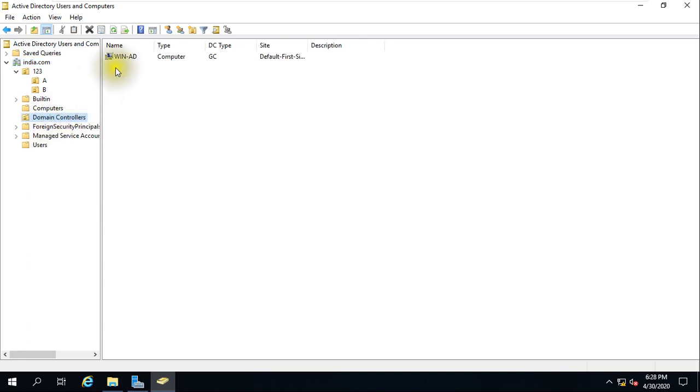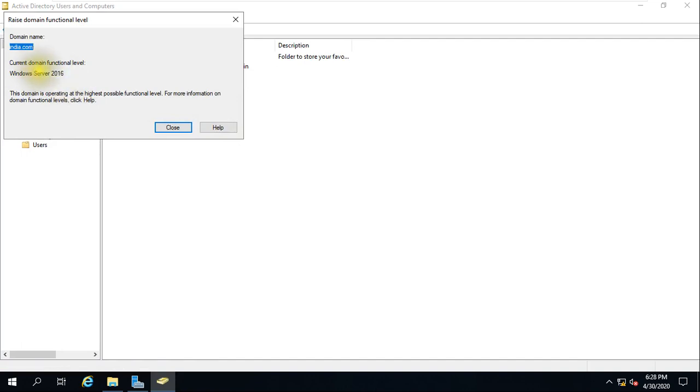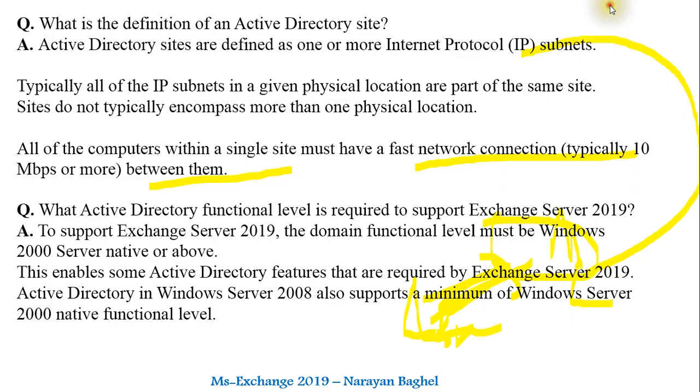And if you go to domain controller, this is my domain controller, you can see a couple of things from here. All Tasks, Raise Domain Functional Level. It is telling you the current domain functional level is 2016 only, so close it. Like this you can raise it.